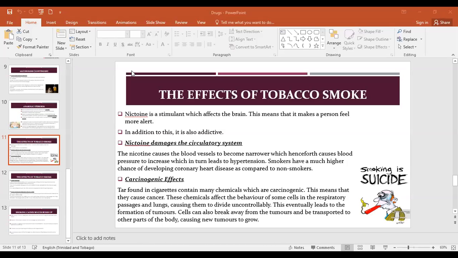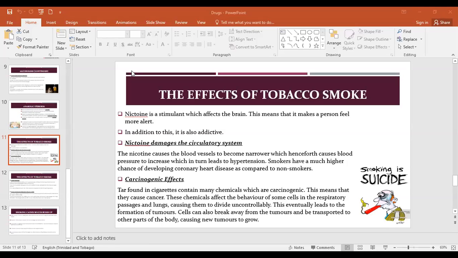Now what happens is that those cancer causing chemicals cause cells to divide uncontrollably, which is how tumors are